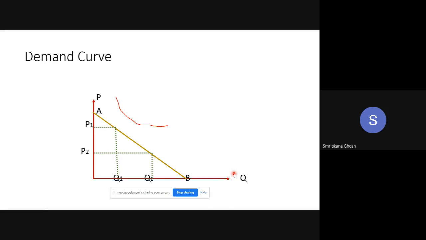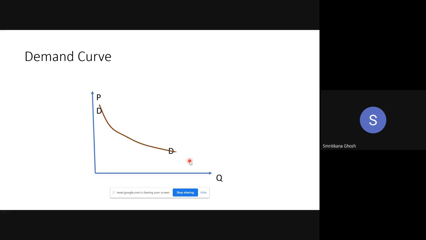But if there is the law of demand, this is our demand curve, that yellow line or that red line. This is the demand curve actually. Technically, it is a curve, and this is also a curve with a constant slope. Any other question with the demand curve? With this diagram, the shape, derivation? Okay. This is the curve. The demand curve may be like this.